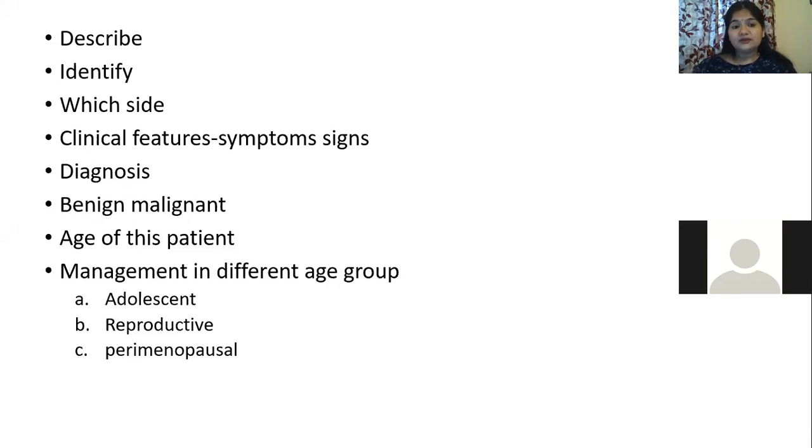So in younger patients, when you are in dilemma and the tumor markers are borderline, you are going to get it tested by frozen section, which is nothing but a facility of quick histopathology, done in OT by the pathologist, who gives you the diagnosis in the next 10 minutes or so. And by that time you can decide whether we should conserve or remove the ovaries and uterus, right? This facility is available for all surgeons, all oncosurgeons, right? And then management will depend upon the different types, different age groups, and the type of pathology, right?